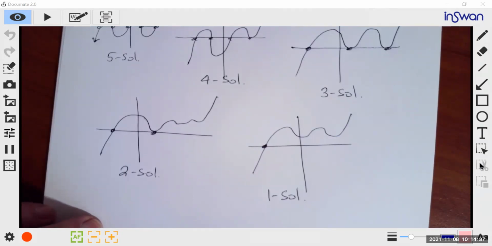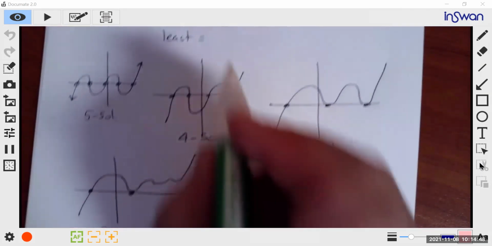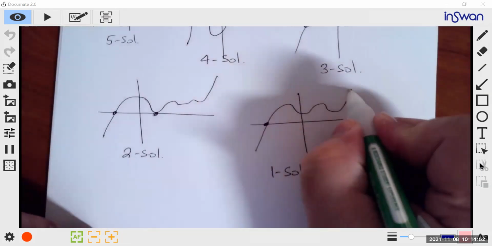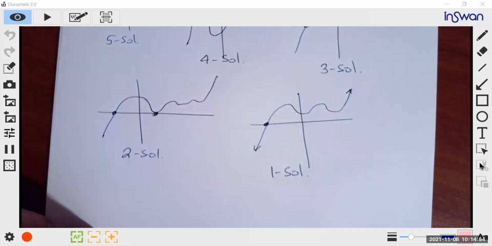Why? Exactly. So least is 1 solution, because they're going opposite directions. One side has to hit the x-axis. So whenever